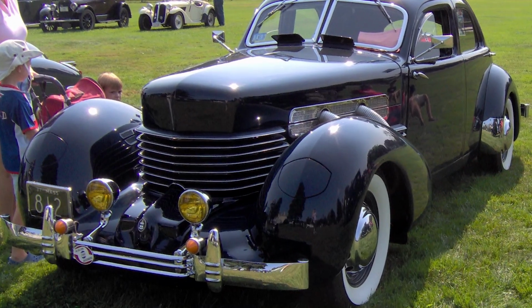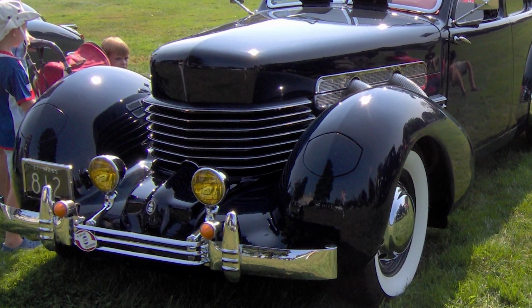So without further ado, here's a list of 7 less than ideal features that no longer exist. Number 1. Pop-up headlights. The pop-up headlight kind of opens and closes like a drowsy eyelid. This feature was first introduced on the Cord 810 in 1936, and it was a staple on many models throughout